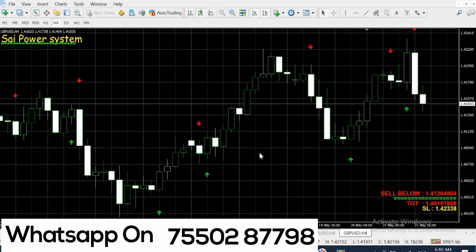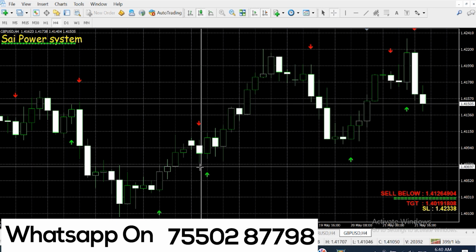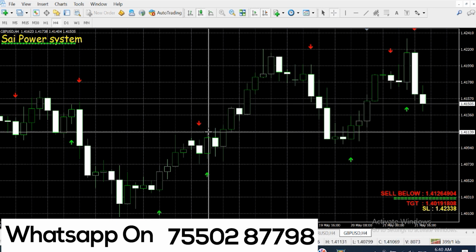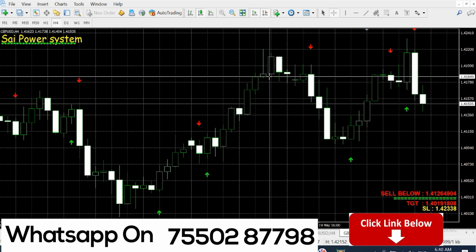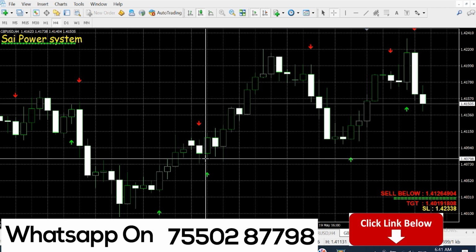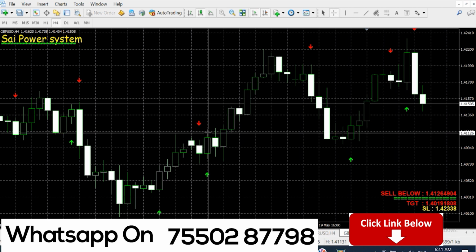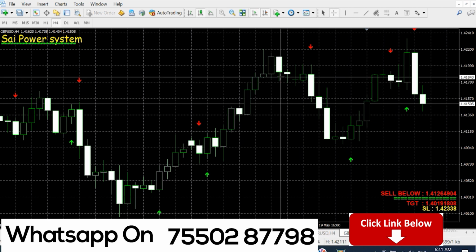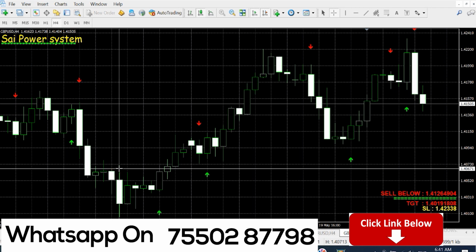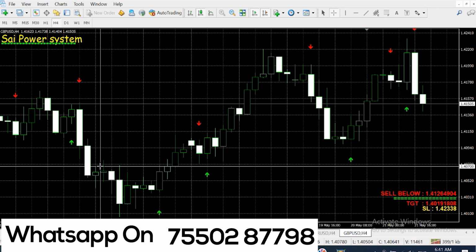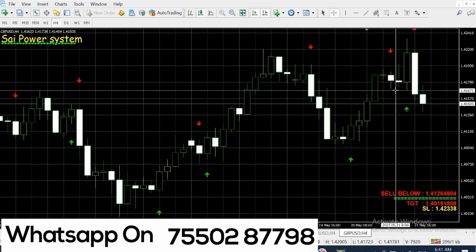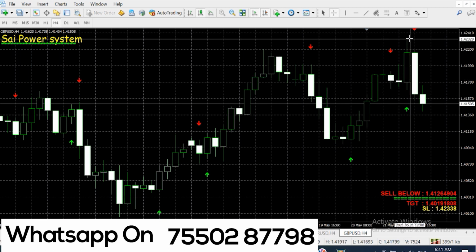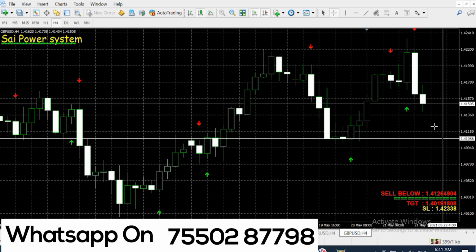Even for example, there's an entry but never triggered. There's a buy entry here, it triggered, and after it triggered, the trailing stop loss, if you put it, comes here, and actually the stop loss triggered here. Again you re-enter when it comes back, and the trailing stop loss worked here. There's a sell here and the trailing stop loss worked here. We made profit. Again there's a sell and the trailing stop loss worked here. Again sell and stop loss triggered, buy never came, never triggered, and sell triggered, and it continues.